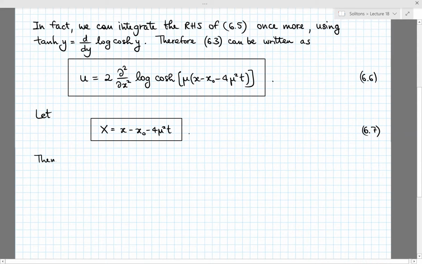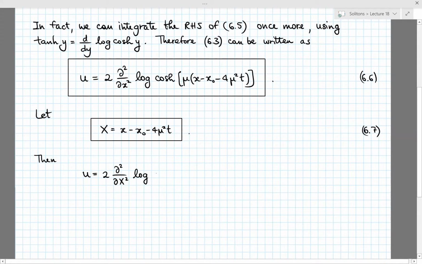So then we can write the one soliton solution as twice the second derivative with respect to capital X, which is the same as the second derivative with respect to small x, if we change variables from small x and t to capital X and t,